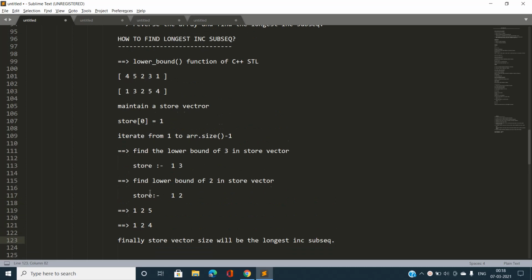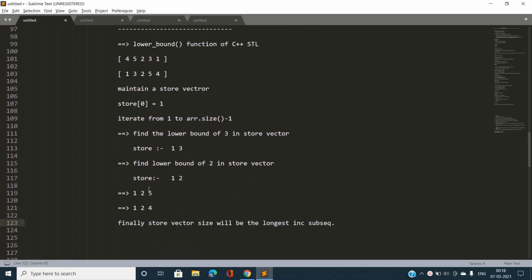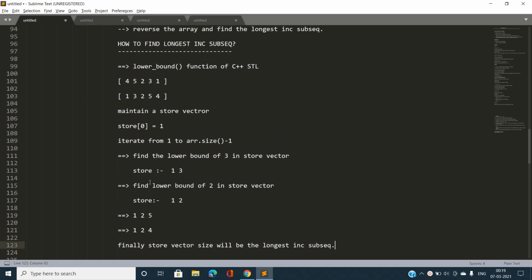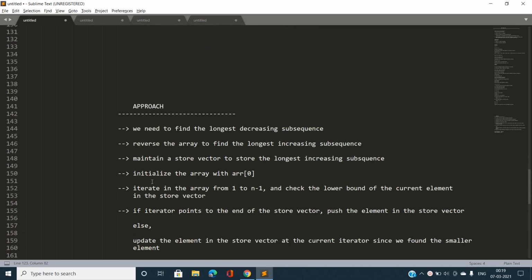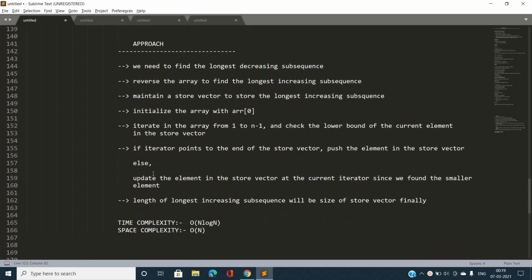Using the help of the lower bound, I am going to update my store vector to find what are the elements contributing towards the length of the longest increasing subsequence. So let's move on to the approach. We need to find the longest decreasing subsequence, so we reverse the array to find the longest increasing subsequence. So one thing I need to mention here for clarification,